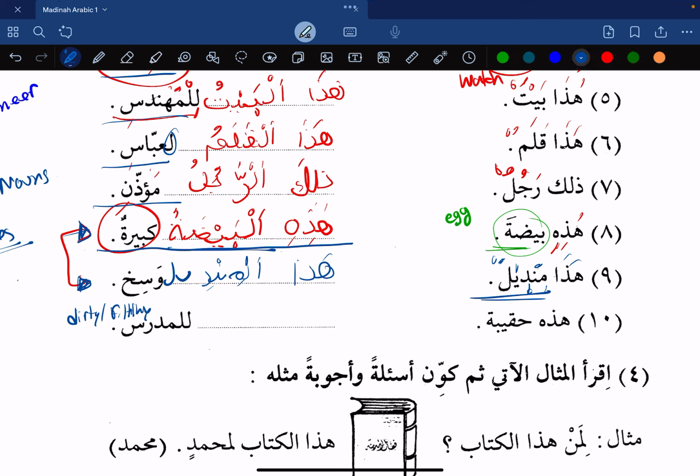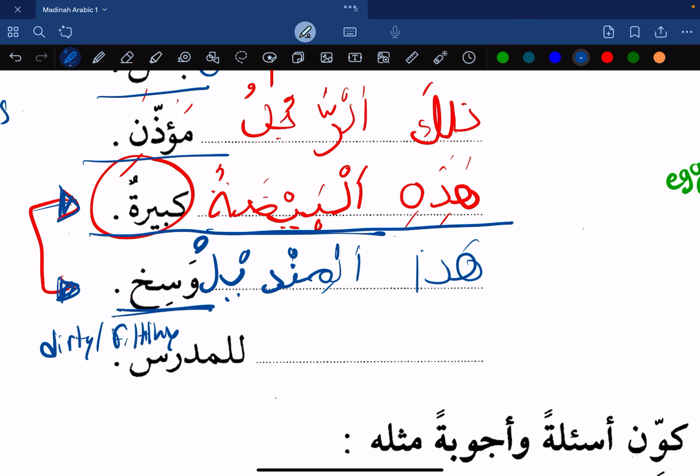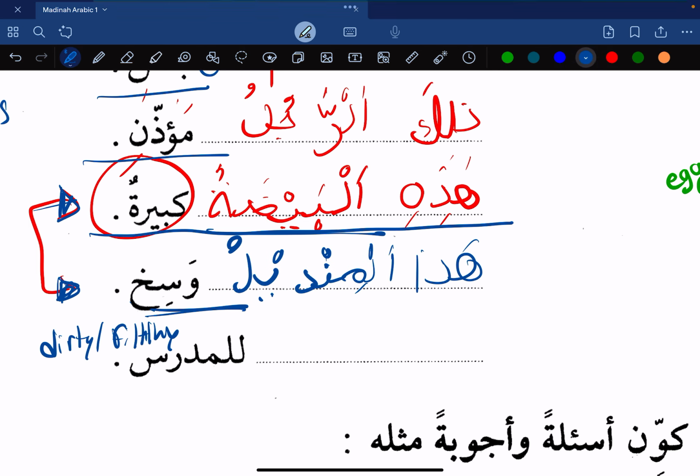I sometimes regret teaching Arabic because my students, they're like, sir, why do you have such terrible handwriting? They don't mince their words. Mindil, wasikh. Wasikh means dirty. So again, mindilu, terrible. Yeah, there you go. Mindilu, and then since wasikhun is an adjective,